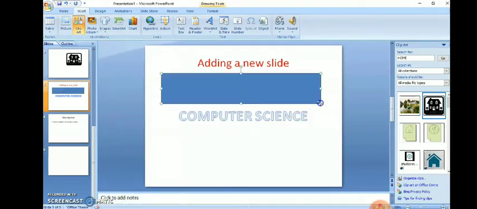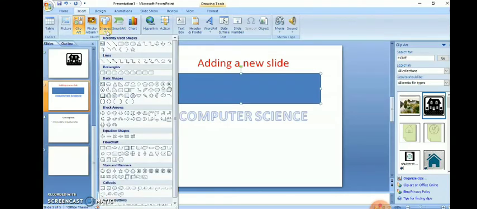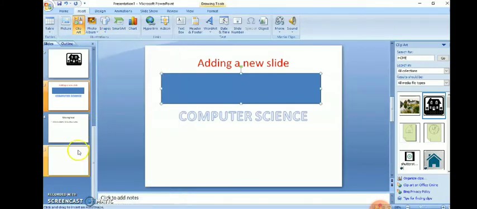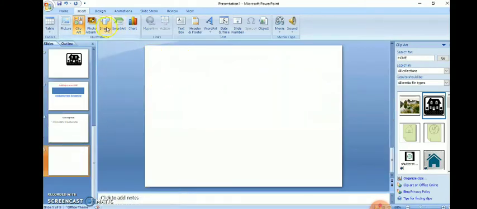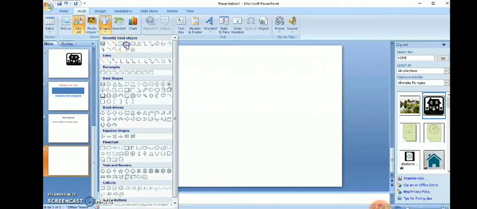I inserted a shape. Shapes form an illustration group. If you can see at the bottom, picture, clip art, photos, shapes all form an illustration group. In a blank slide I'll insert a shape.